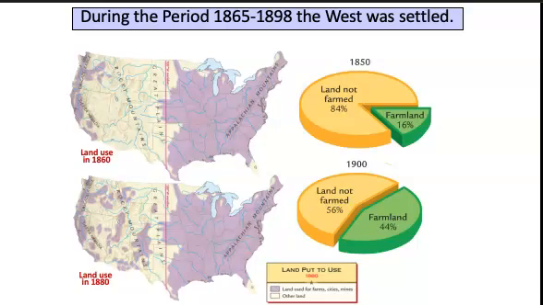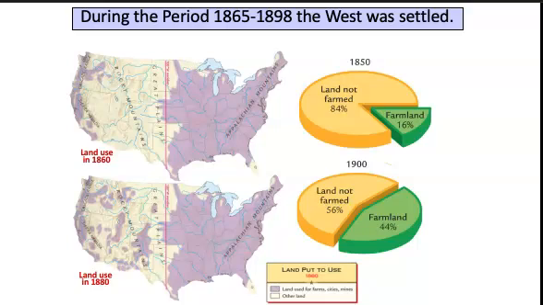We can see how in the charts and the maps on our screen, the land use areas of the United States in 1860, the year that the Civil War is going to start, to 1880, in the map at the bottom, how there's going to be an increasing amount of land use in the western areas. And from the chart, we can see that land that is not being farmed in 1850 represents 84%, where by 1900, farmland is going to increase nearly threefold,